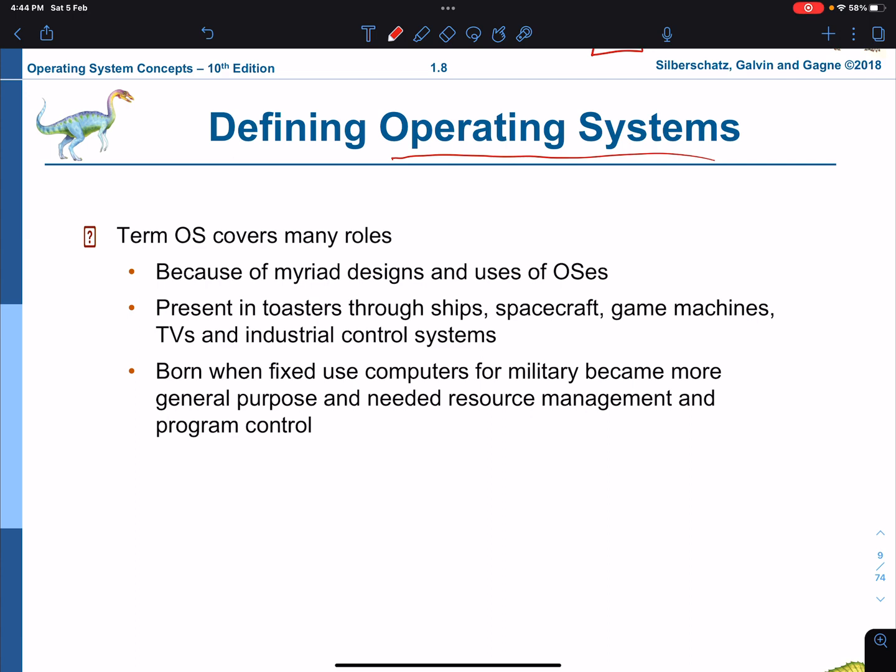But we know that the operating system needs to do some stuff that we all agree upon, like basically allocate resources and efficient execution. In some systems, safety is very important, like spacecrafts, as an example. Efficient execution in TVs matters because if TVs don't have efficient execution, the image will flicker, as an example, especially because it's a real-time system.